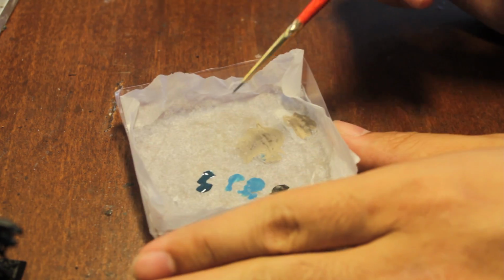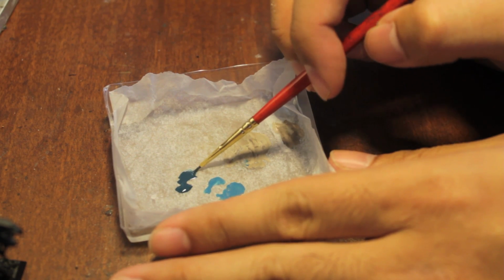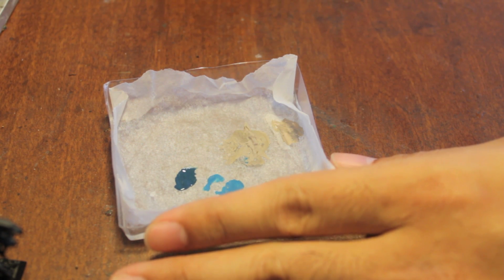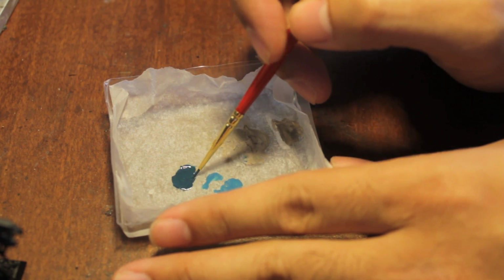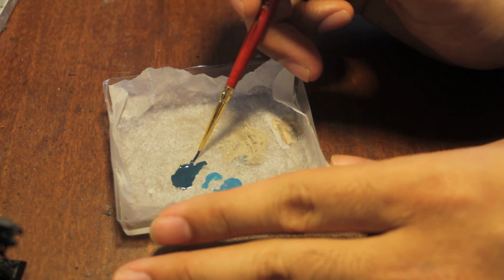We're going to take our Stegadon Scale Green, and somebody asked me how much I thinned down my paints on one of my previous videos. So this is right from the pot, I put the Stegadon Scale Green onto my palette, and then I just kind of move it around, and I want to say that I use maybe half to a third as much water, but I'm really just eyeballing it, you know, because you can't tell how much water is going into it. But the consistency that I like is to where if I pull it out from the puddle,